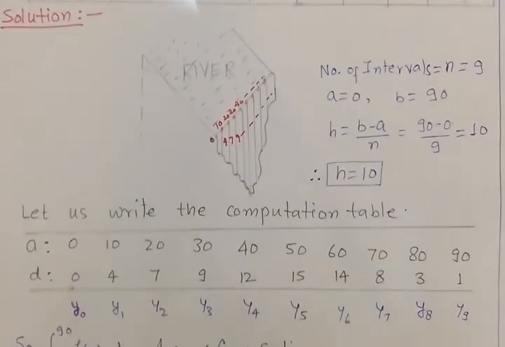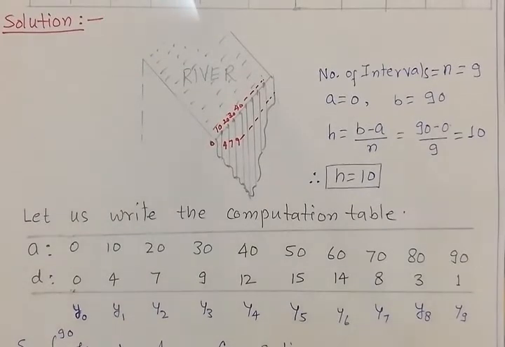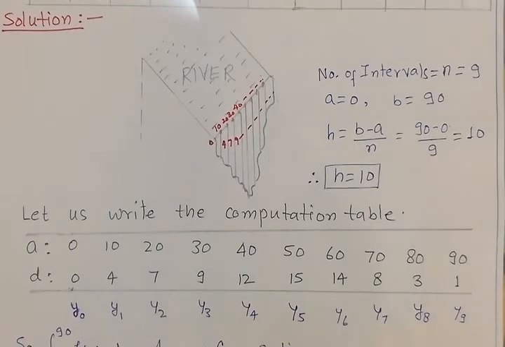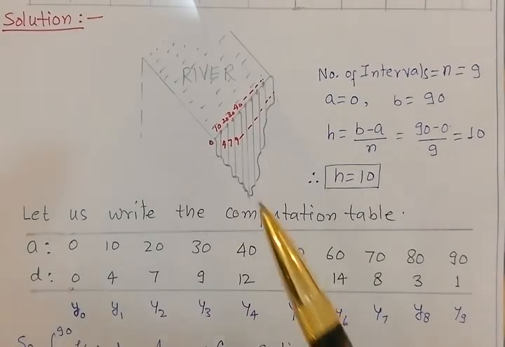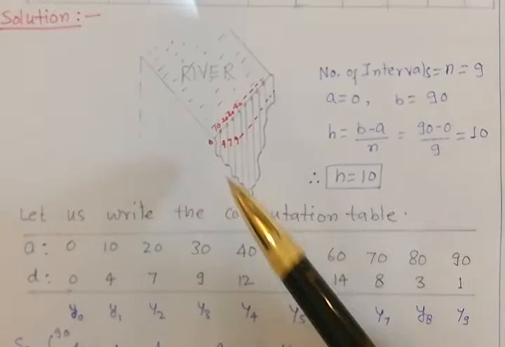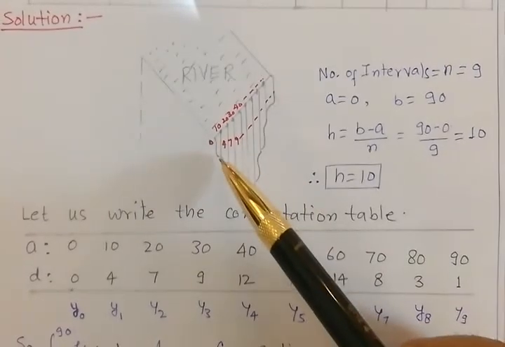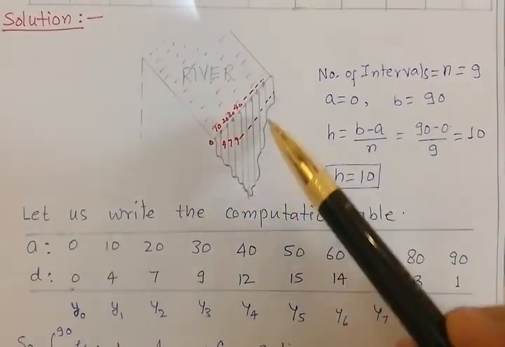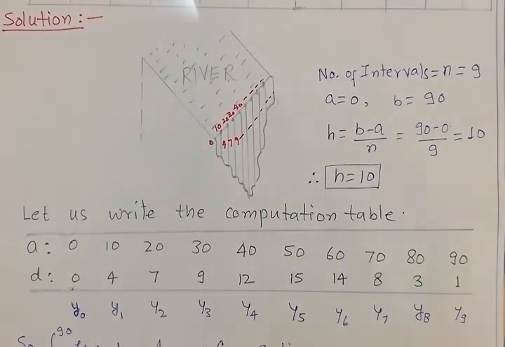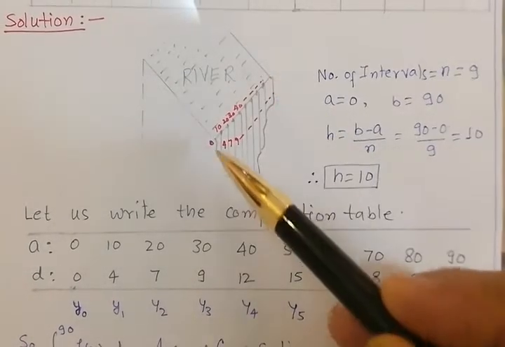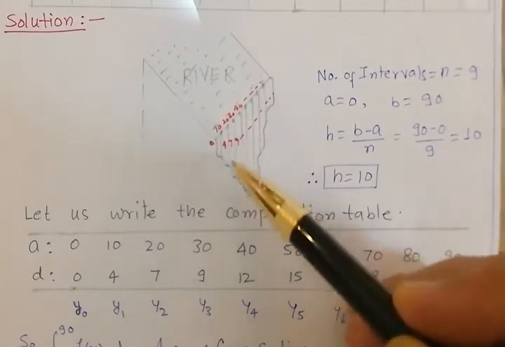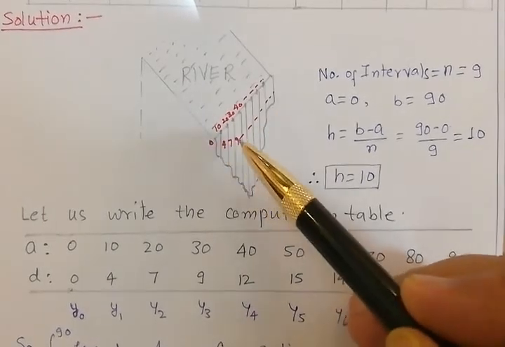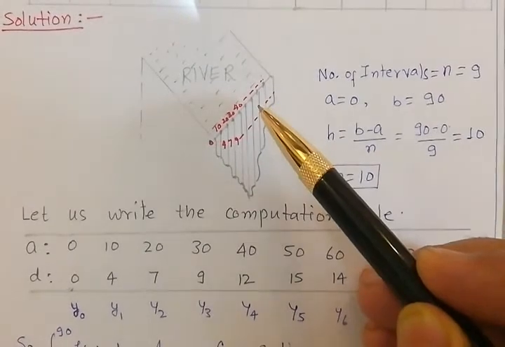Let us focus on this problem now. I made a figure to illustrate. The figure is not required here, but it is just made to illustrate the problem. Now this is the cross section of a river. Different depths give a different type of curve. Now this is not a well-defined curve, so we can use the numerical methods to calculate the cross section area. We distribute it into different strips, calculate the area of all the strips and add them by using the trapezoidal rule.